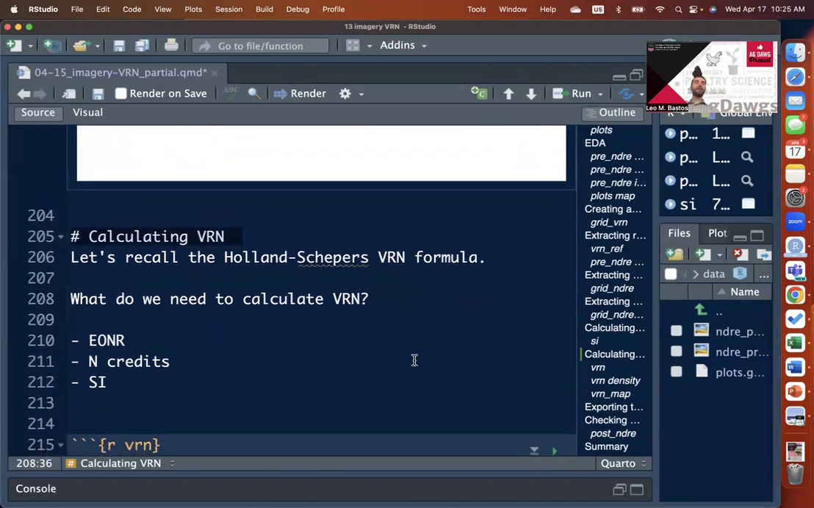All right, so now we have SI. So the sensor piece of that algorithm has been calculated, has been determined. So now let's get to calculating variable rate nitrogen here. If you remember from our lecture, at least three pieces of information that we need to calculate variable rate were